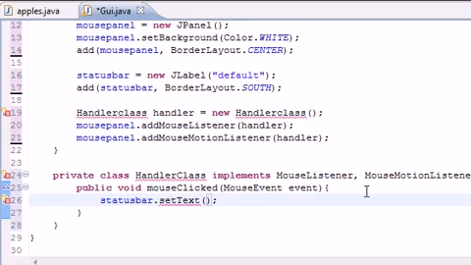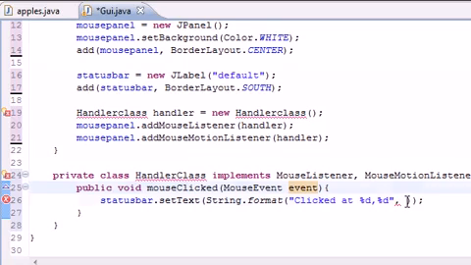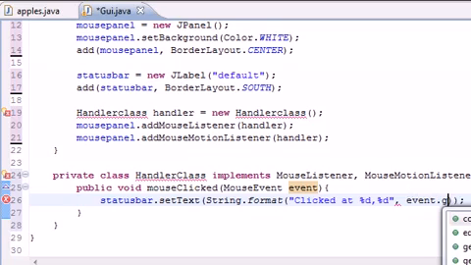Well, let's just put String.format, and the format takes 2 parameters itself, and the first one is "clicked at %d, %d". So it's going to say clicked at 2 coordinates, and Java also has 2 coordinates based on this event right here. Why do you have this event? Because it registers the event. Like when you click, it decides where it clicked. And you can get to the locations by calling event.getX,